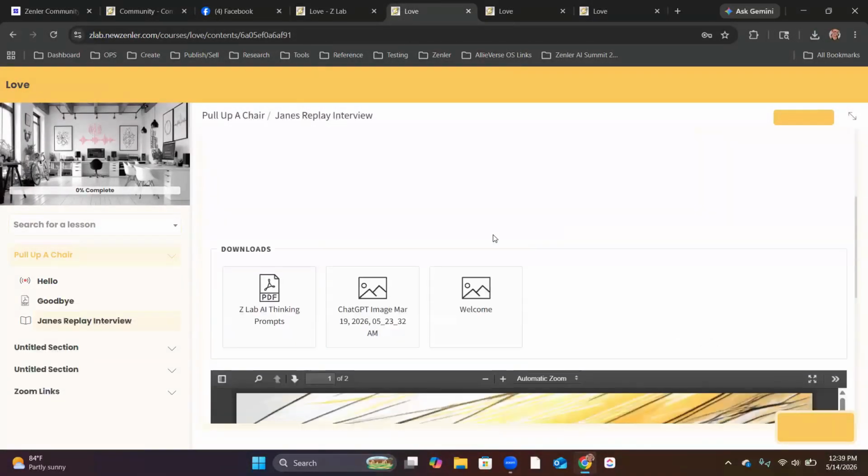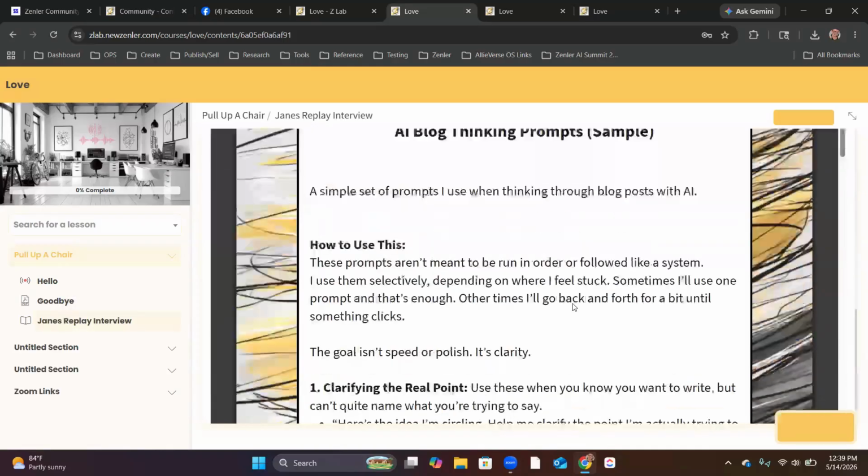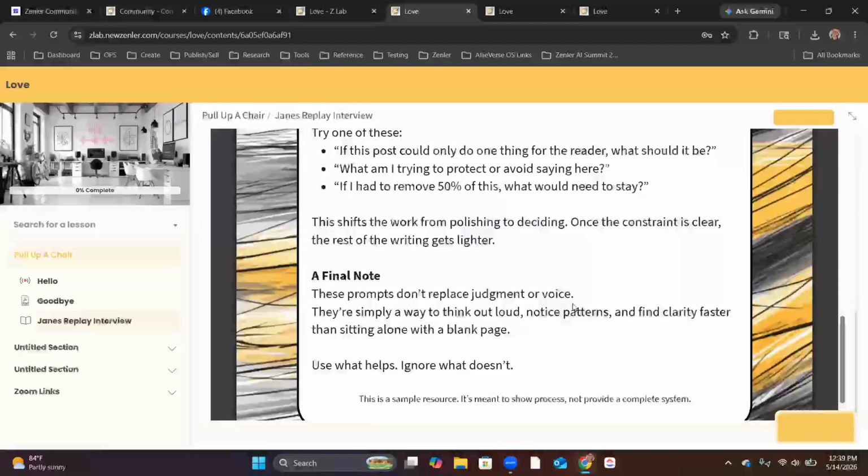But then if they want to download and print them, you have them each labeled individually so they know which one it is. Like this one's the client avatar worksheet. This one's the AI brief worksheet. You're going to name them individually so they know which one is which. And then here they can read and look through them individually.